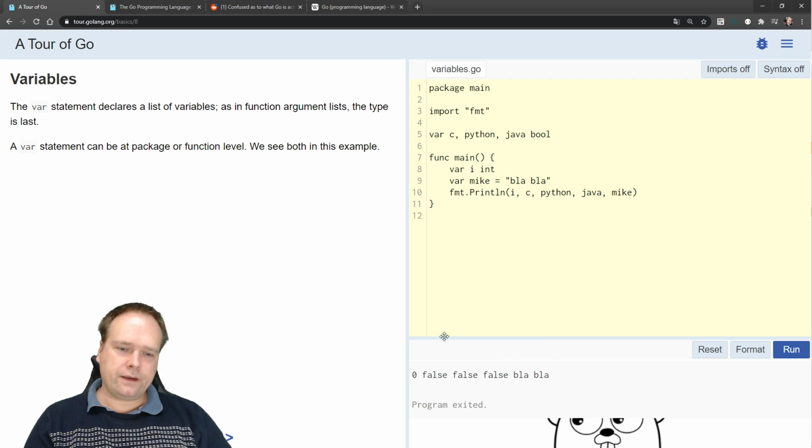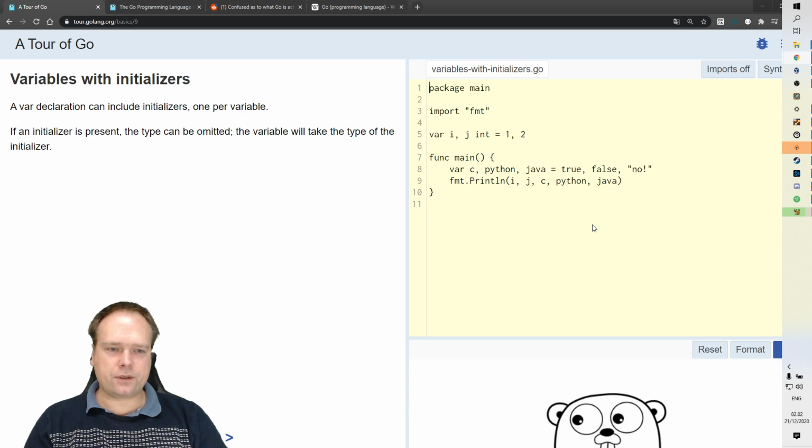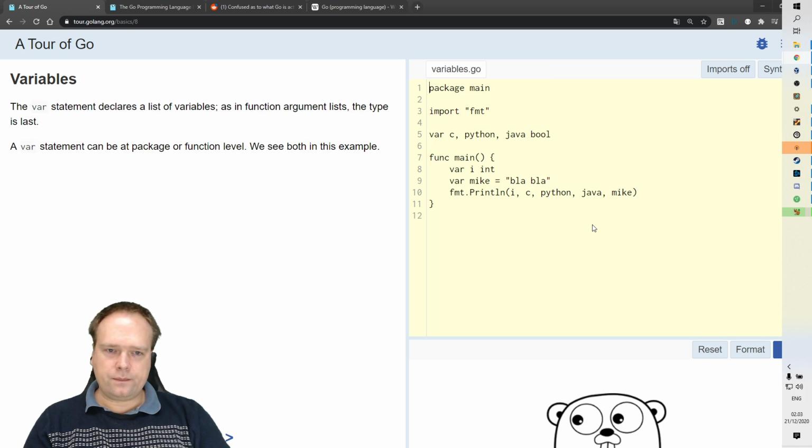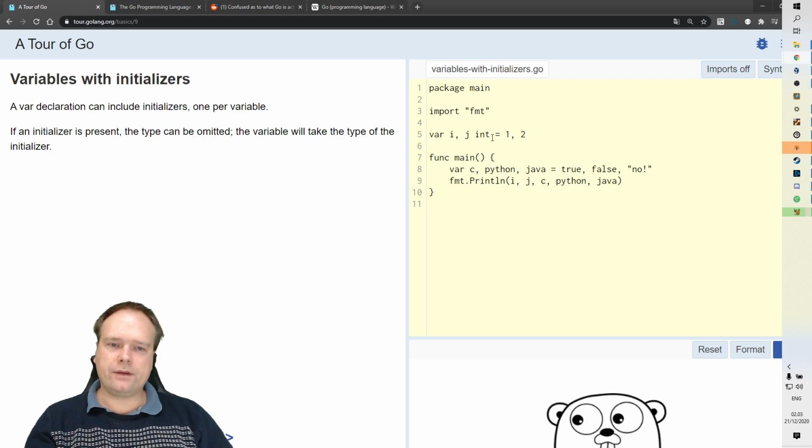So the integer is 0 right here. The int is 0, and then we have 0, and then we have false, and then blah blah, because I set it to blah blah. That means this would be inferred as a string per default. We can also print out the types, actually, and this is what comes here, I think. Yeah, I think the types come a bit later, so I will just continue. If it doesn't, then I will make an example where we can print out types that is percentage T in the string. So here we have print line, then we have blah blah with initializers, we have our variables again,